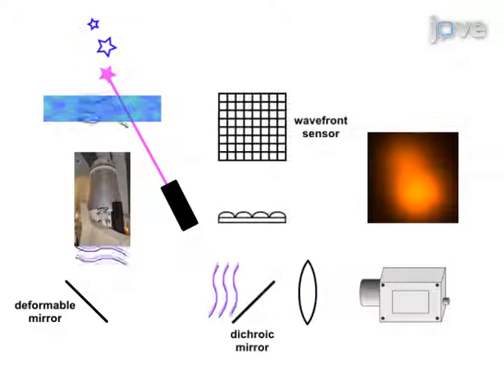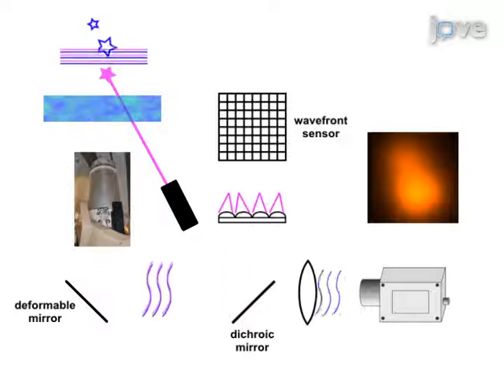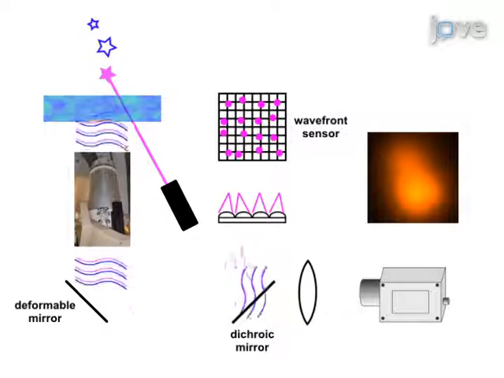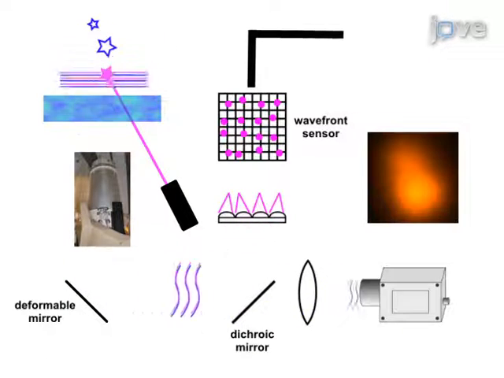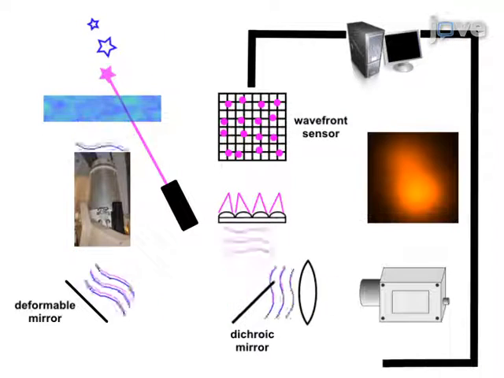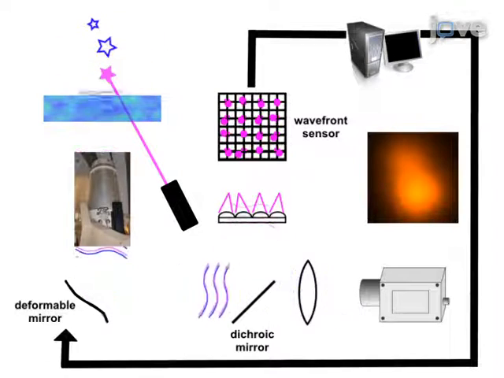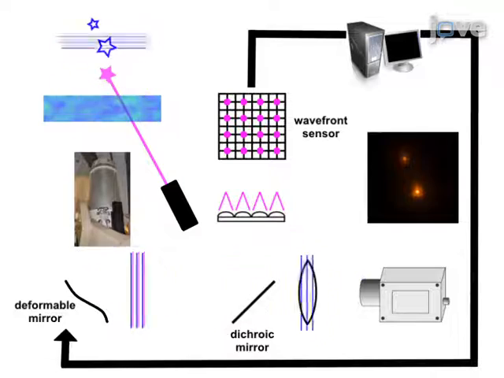Next, the shape of the returning laser light wave is measured with a wavefront sensor. Next, a command is sent to the deformable mirror in the optical system to correct the shape of all incoming light waves, including those from astronomical objects. Ultimately, the adaptive optics correction recovers diffraction-limited images with an angular resolution of around 0.1 arc-seconds at visible wavelengths on